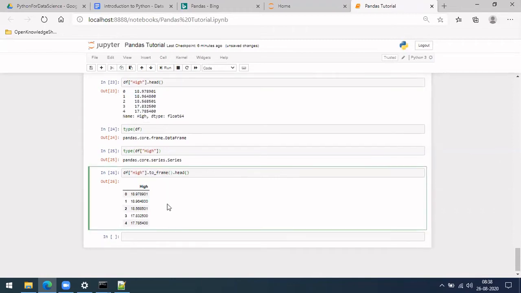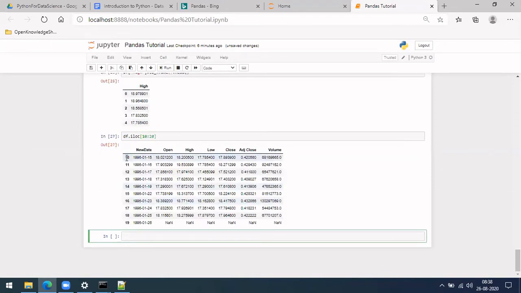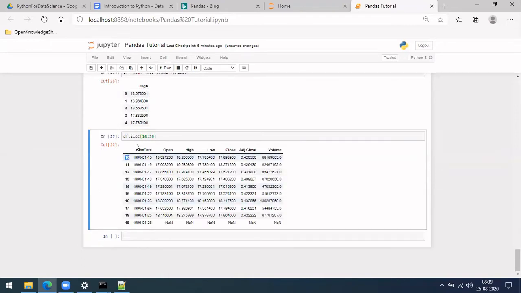In case you want to access some rows in between, like the 10th row to the 20th row, how can we do this? There is iloc of 10 to 20, let us say, and you do this. So you will get index numbers 10 till 19, meaning it won't include the end digit. Just like in Python, in most cases the end one won't be included. So it came till 19.